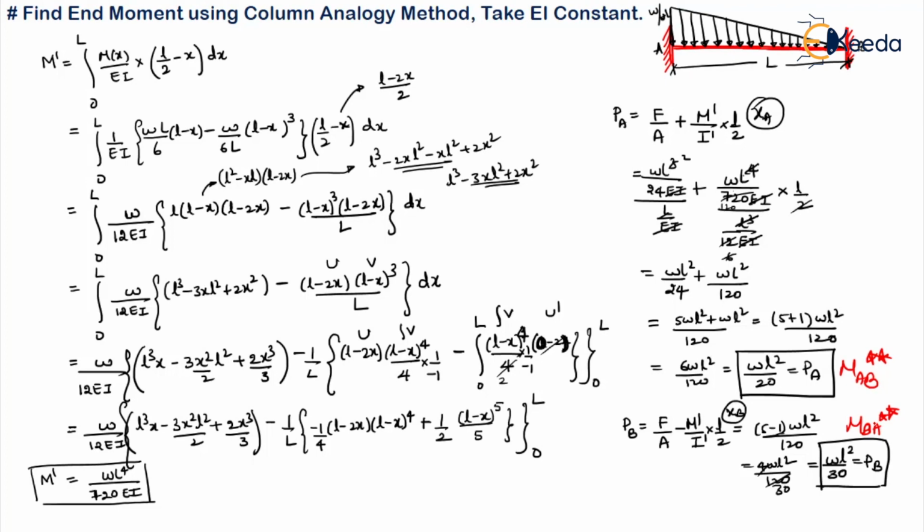Here this is a little lengthy when compared to your previous two problems, because here we cannot directly take the area under the curve, since it is a cubic parabola and we don't have a standard formula. That's why we have to do the integration method for calculating the F and m dash. That's why it's a little lengthy. So in the next problem, we'll see how to do it if there is a different EI in the same beam.